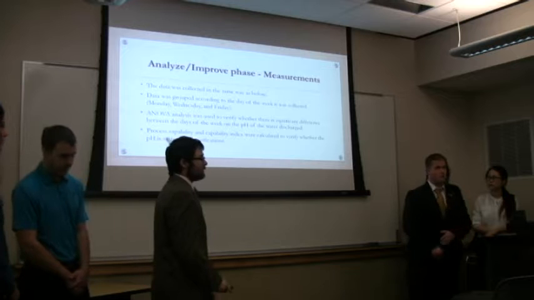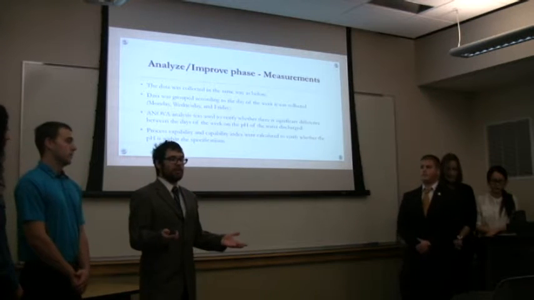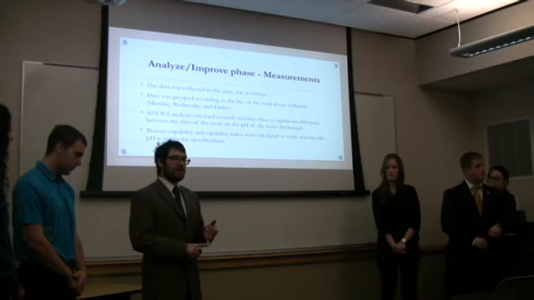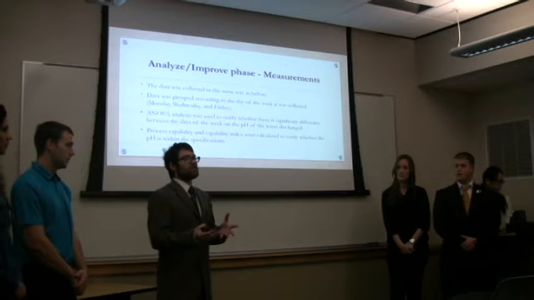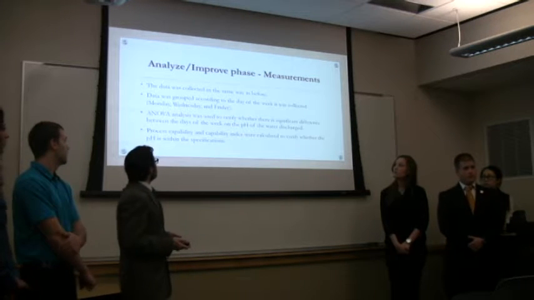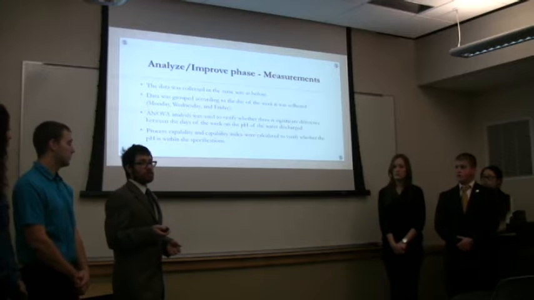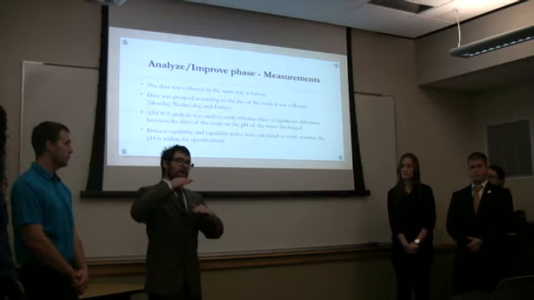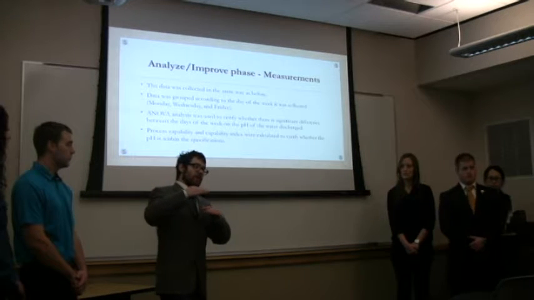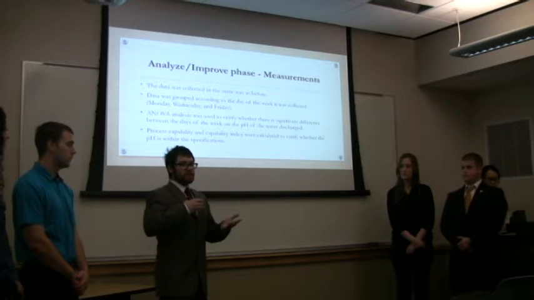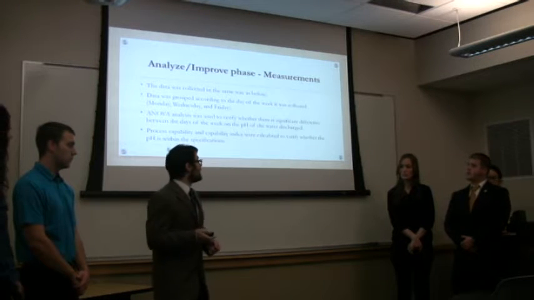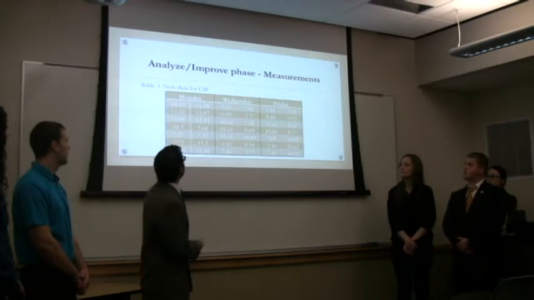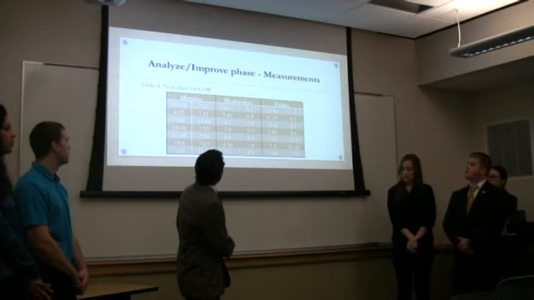So now we want to move into the next part. Now that we got our data, we needed to check to see if we had any kind of statistical evidence showing that we needed to make some process changes. Of the different types of tests we decided to use, we decided to use process control, which is a way to measure the limits. It shows whether our process is within the limit of the legal guidelines in this case, and Tatiana will talk about that in a second. But what I'm going to start out talking about is an Anova test. What we wanted to check to see is if the new data